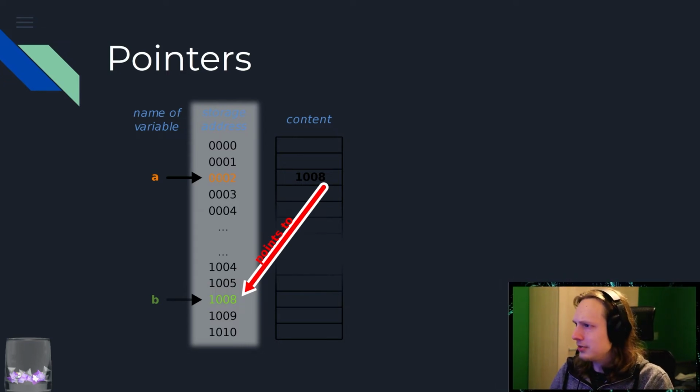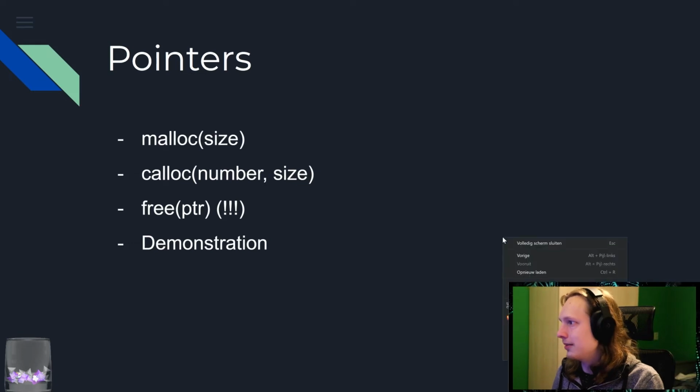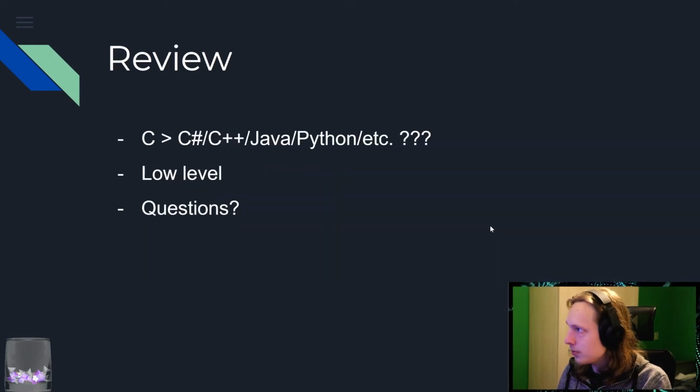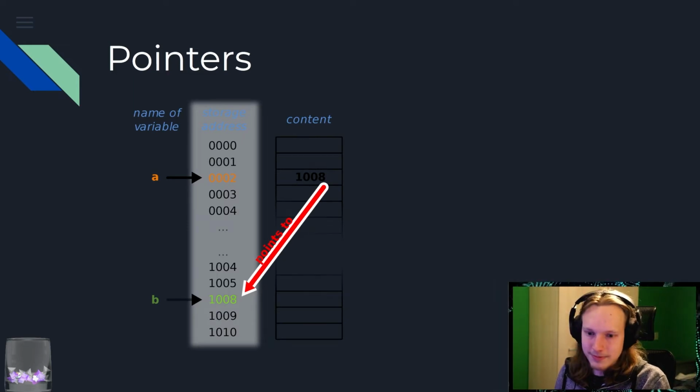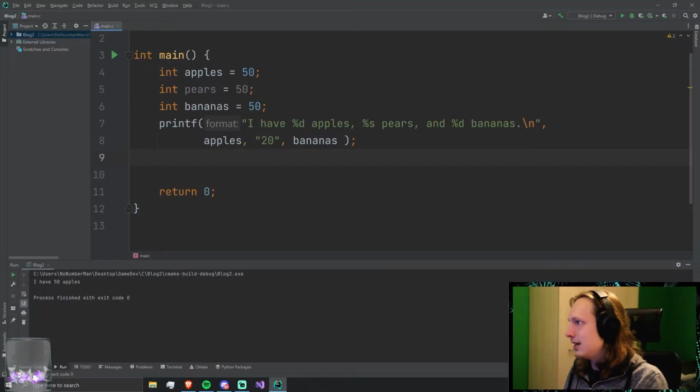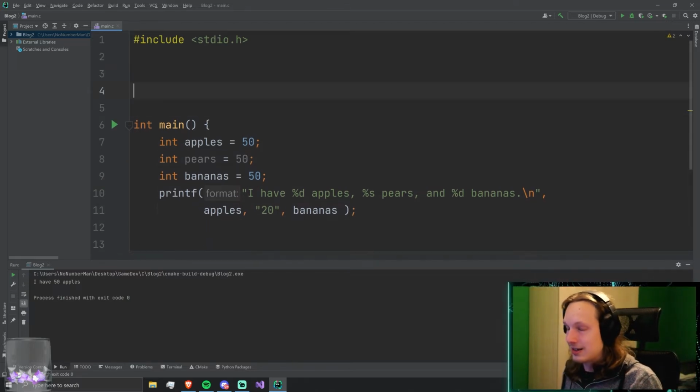Well, I do believe we are going to get to arrays in just a second, but there are also some other useful things. First of all, can I go back? Go back. Yeah. So when is it useful? Well, pointers, for example, are useful when you use functions. I'll show that right now, and then we will get to some other use cases in just a second, like arrays. I thought that was the next slide. It's the slide next to that. I'm sorry.